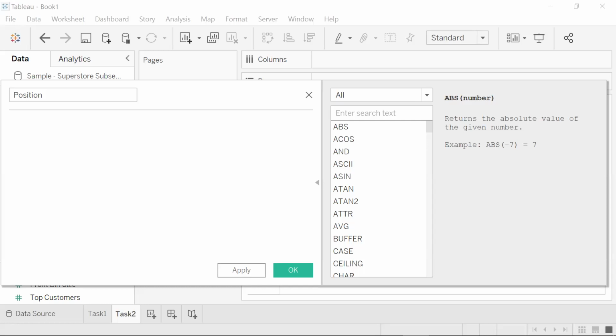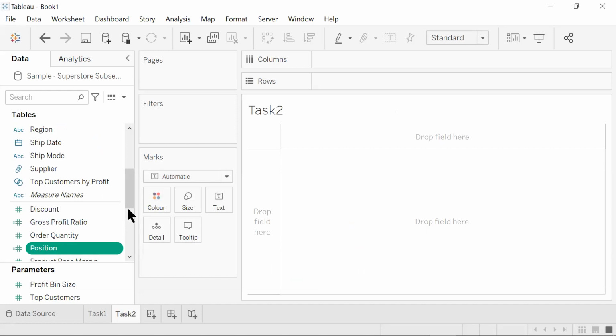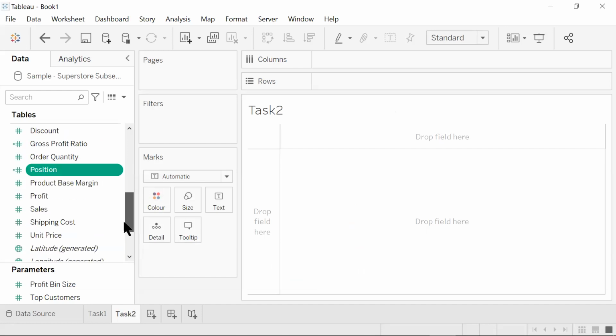Okay, so you're supposed to type in this formula. So go ahead and type in this formula. So case region, if it's central, then give it the number 2 and so on, and click OK. Right, so you have got a position that has been derived. So you can see an equal. So moving on,